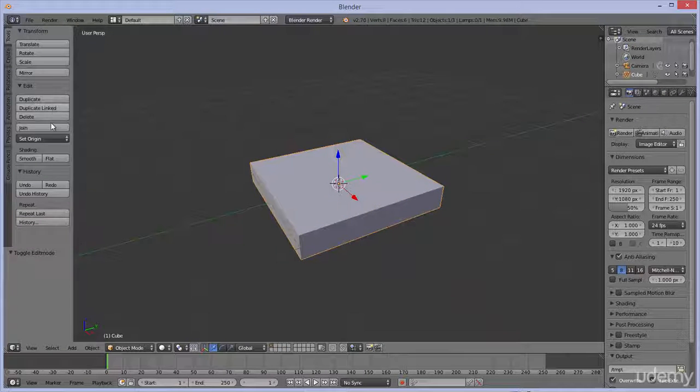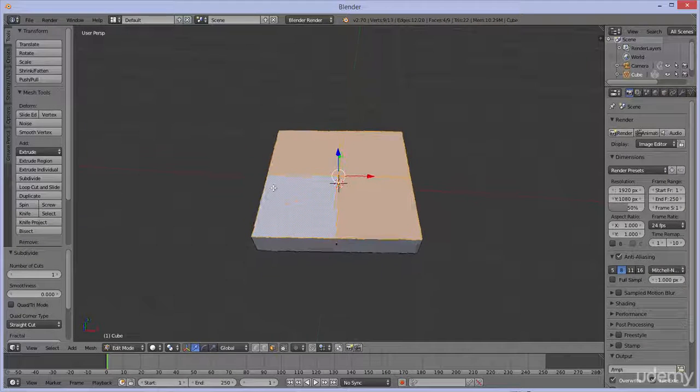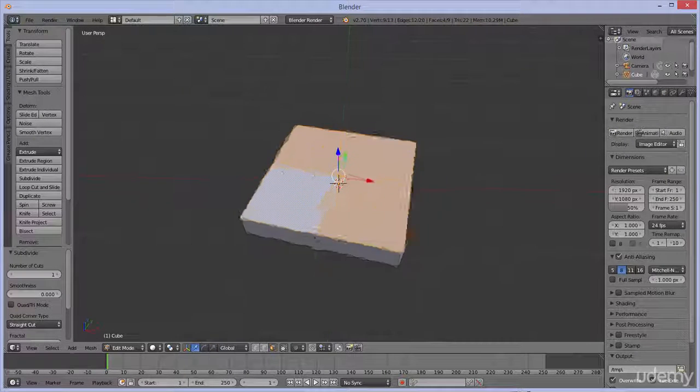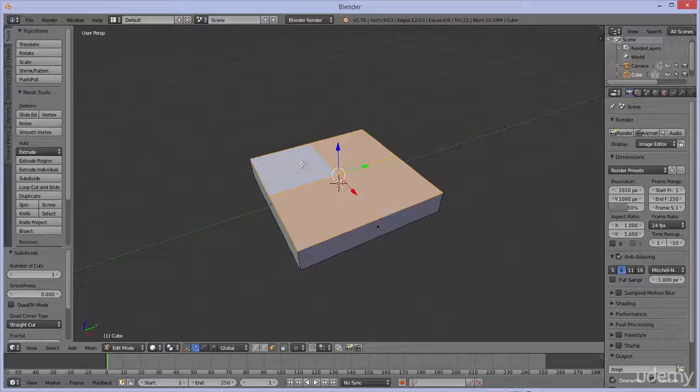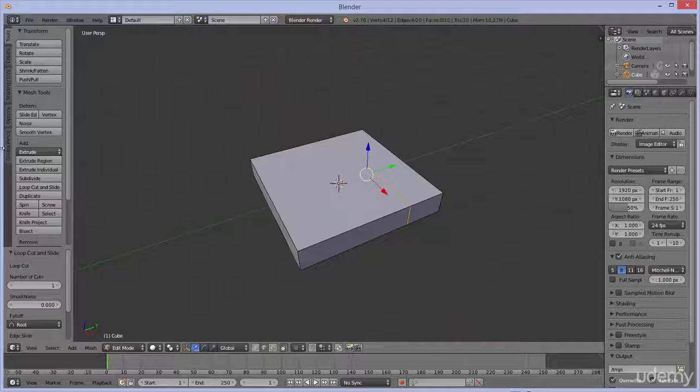Okay, so what I'm going to do is tab into edit mode. I'm going to go into face select mode, and you can simply click subdivide here. We can do it that way. And this actually might not be a bad way to go about it, but I like the loop cuts just because they're a little bit more accurate. So this is going to be the back, just like that, and I'm